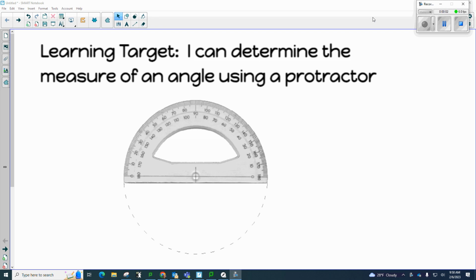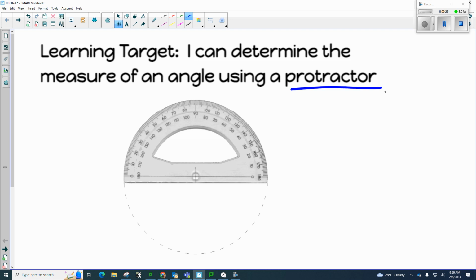Hello, Mrs. Houston here. Today's learning target is I can determine the measure of an angle using a protractor. All right, and if you're wondering what is a protractor, I put a picture of one right here for us to look at. A protractor can measure the angles, and it's just important to note that there are two sets